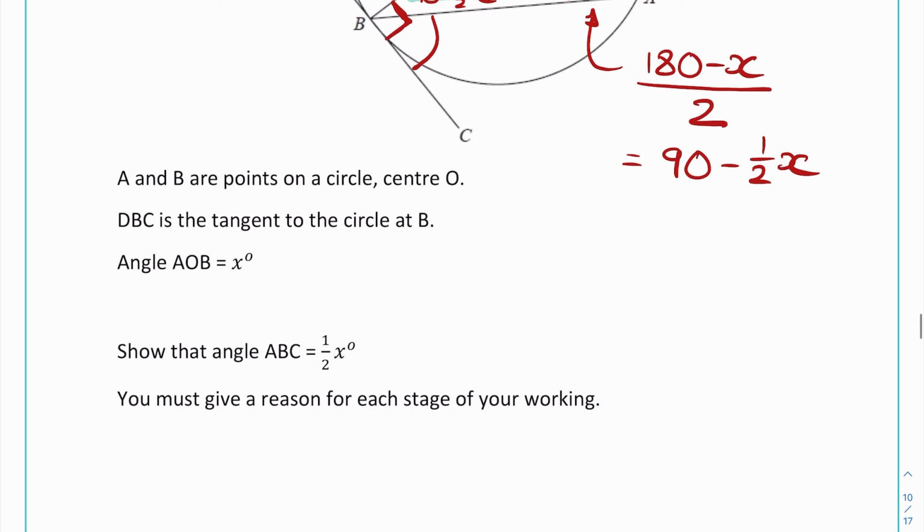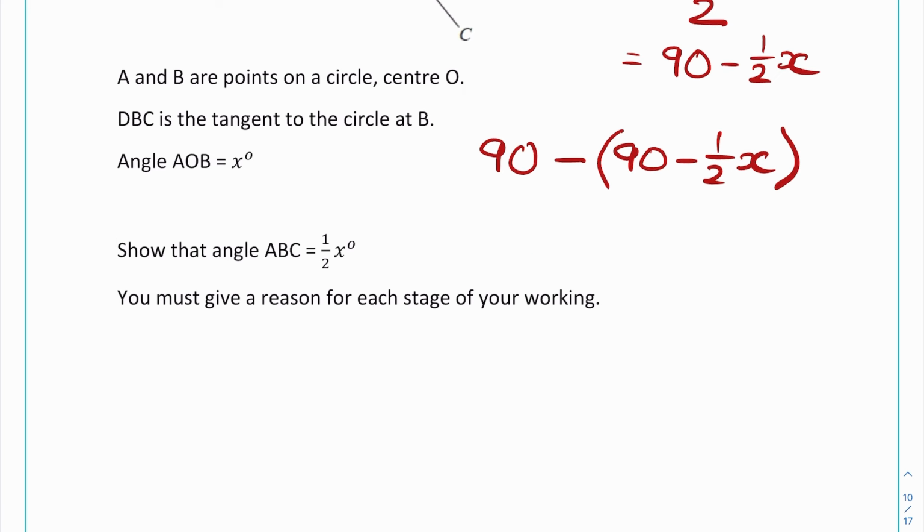Now if we write that down, we've got 90 degrees take away, and this is where we need to be careful because we have a similar scenario that we just had in the proof. We are taking away two things, so we put this in a bracket. So take away 90 minus a half x. Now this means, and we get something a little strange happen here, we have 90 take away 90, so these two are going to cancel out because 90 take away 90 is 0, and then that would leave us with nothing